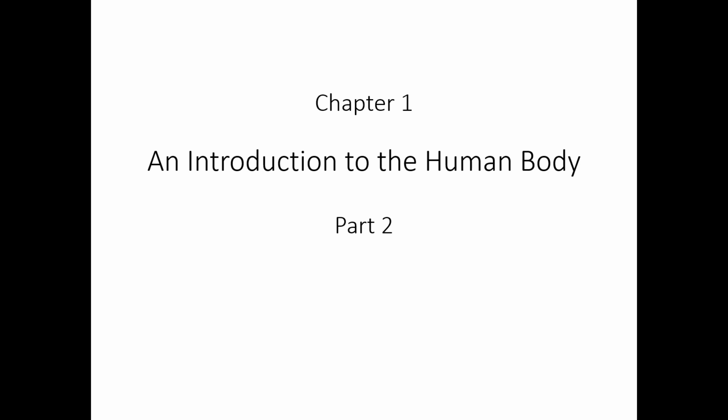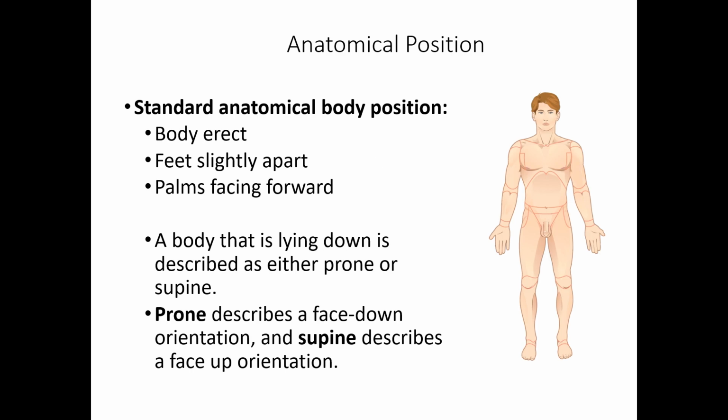We continue Chapter 1, An Introduction to the Human Body, Part 2. What is anatomical position? Every time when we start learning the human body, the location of different organs and structures, we always assume that the body is located in the anatomical position. It means the body is erect, feet slightly apart, palms facing forward, and you, the observer, are standing in front